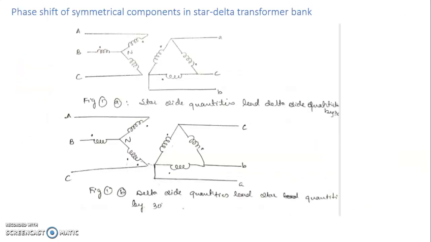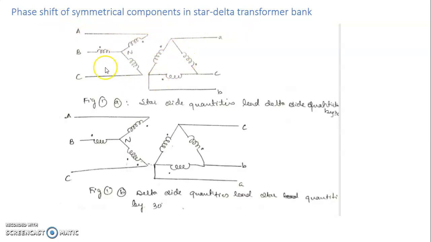Now the other important part is that in the power system the important element is a transformer. Suppose the transformer has the same connection on both sides, either star-star or delta-delta. If the same connection is there, then the voltages or the currents will not go through any shift. Suppose the transformer has a star and delta connection, one winding star connected and the other delta connected, then there will be a phase shift of the components. That is what we want to discuss here. Let us say: phase shift of symmetrical components in a star-delta transformer bank.